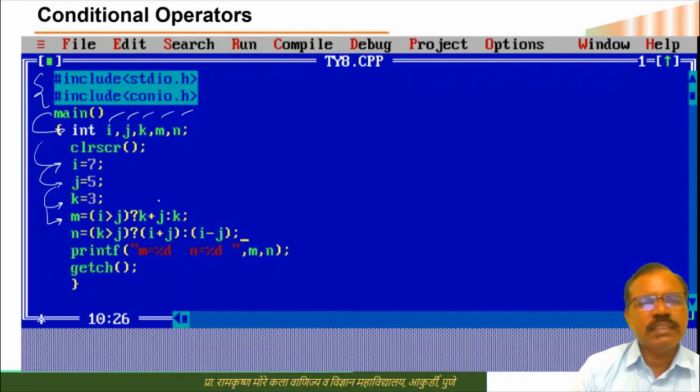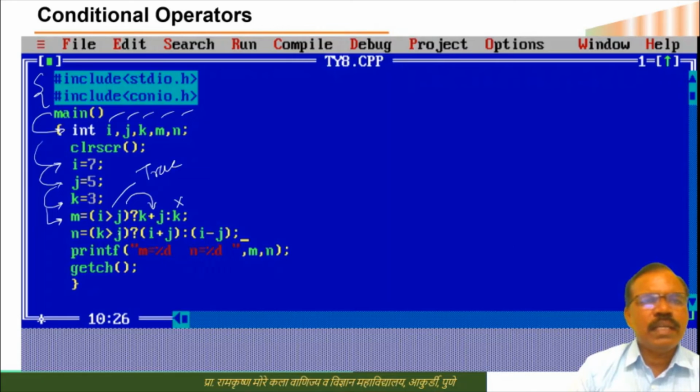So first this one is evaluated. Now the condition i greater than j is true because i is 7, j is 5. So this expression is evaluated and this one is ignored. Expression 2 is only variable k. So k plus j, that is 5 plus 3, that is 8. So 8 is assigned to m.